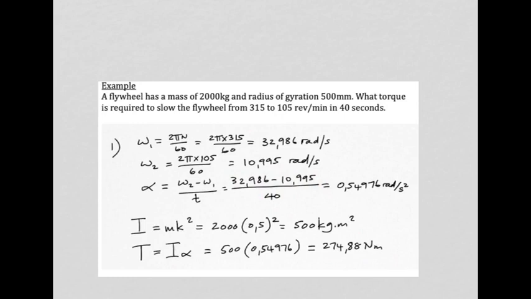So I is mk squared for this particular rotating body that you can work out separately. And to finish off, the torque required to achieve the desired angular acceleration, torque is I alpha, turns out to be 274.88 Newton meters. So in all the previous examples, we were given the radius of gyration of the rotating object. Hence, we were able to work out the I value. But what if we are not given that, and we have to, from first principles, work out the I value